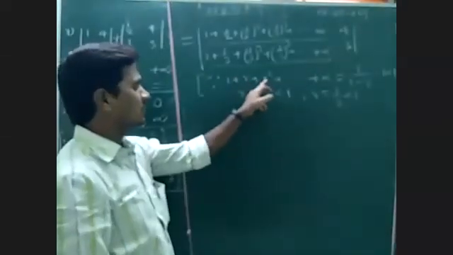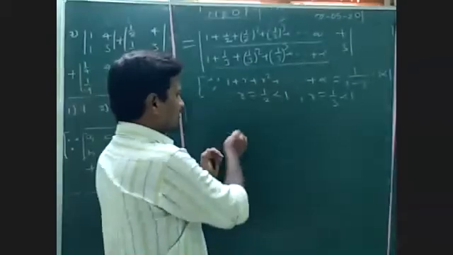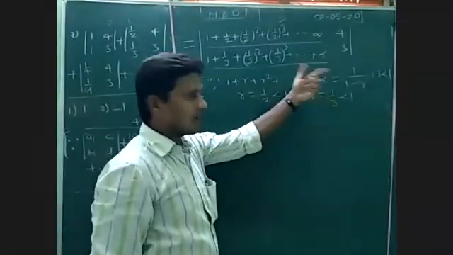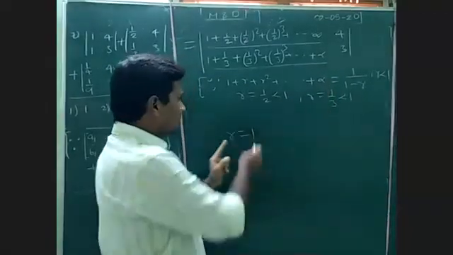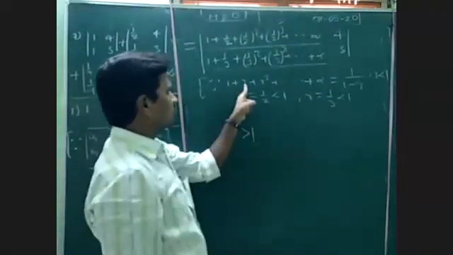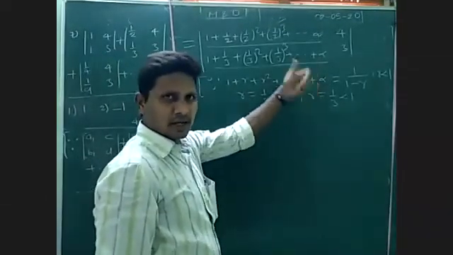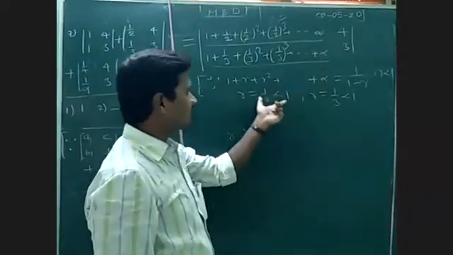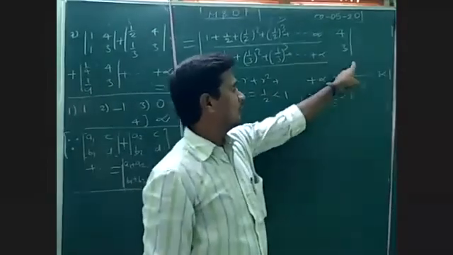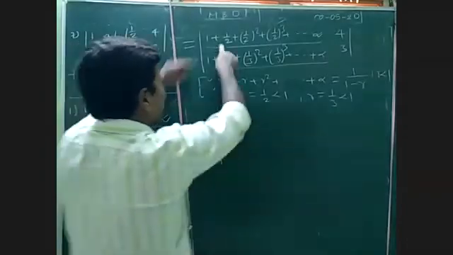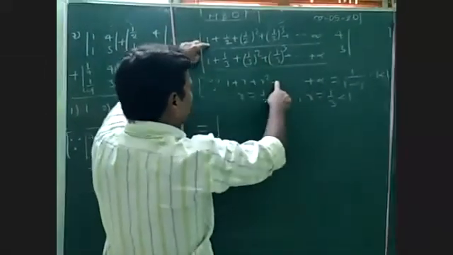1 plus 1 plus 1 plus. For example, take r is equal to 1: 1 plus 1 plus 1 up to infinite. The value becomes infinity. And more than 1 means 2: r value 2, 1 plus 2 plus 2 square so on up to infinite. It will be infinity. Whenever it is less than 1, this is the formula, 1 by 1 minus r. Okay, this is equal to the determinant. So apply this formula here.